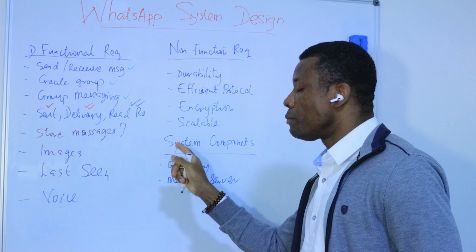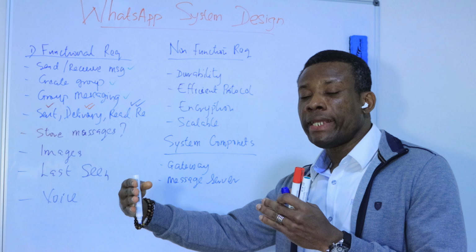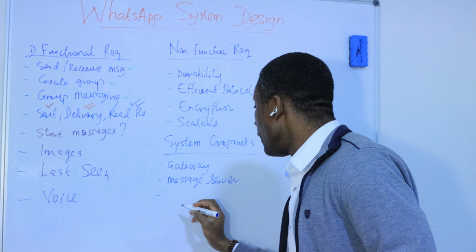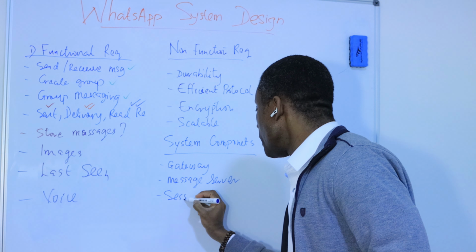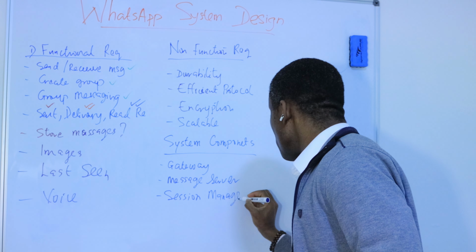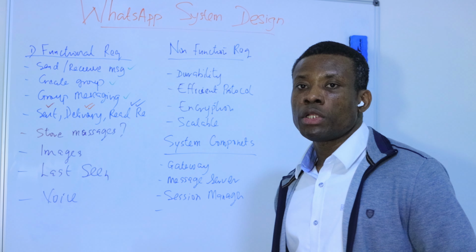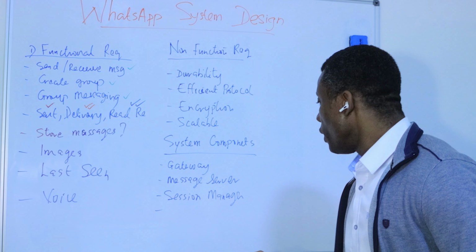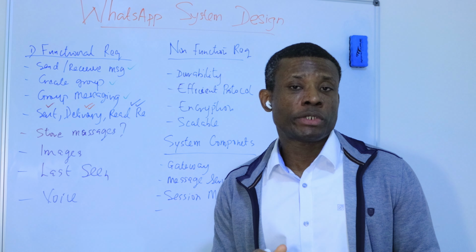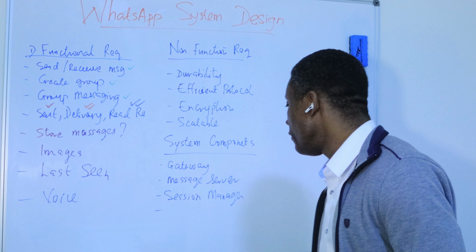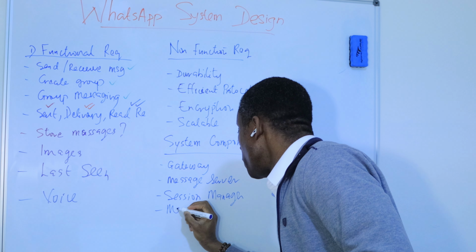Okay, so this goes from mobile device to gateway, then to message server. In the message server, we should have something called session manager. And we should also have, I think I listed them here. To support durability, we need to store messages that are not delivered so that they can be redelivered. So we can have a message queue,